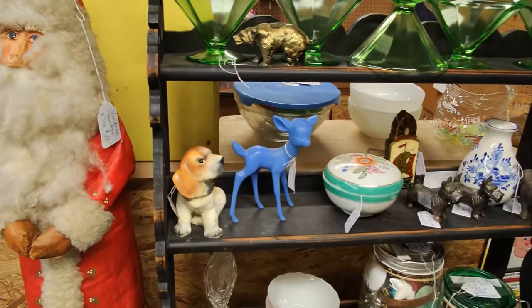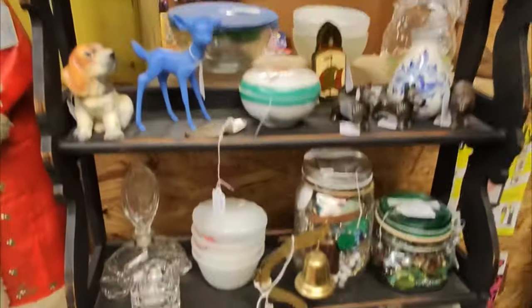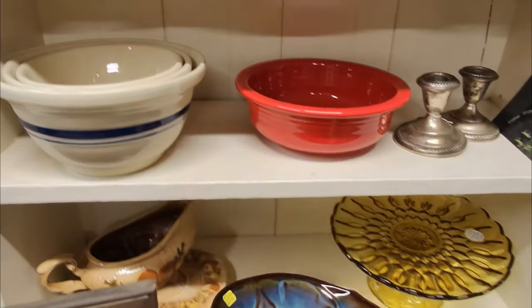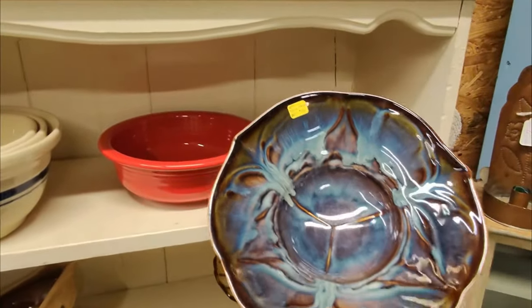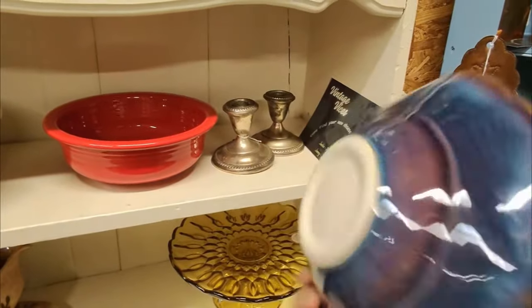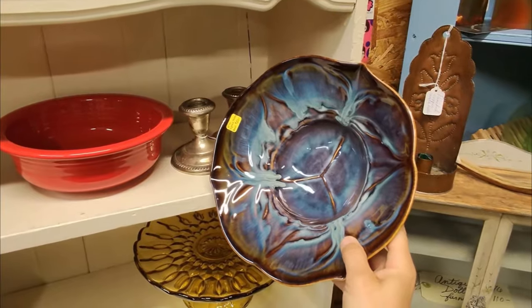There's some uranium glass up there. Don't worry, I put it back. There it is. There were these jewelry jars that I had to look at, some mixing bowls down here, and then I'm like, oh my god, that's a Bill Campbell. So I picked it up and turned it over. Sure enough, it was signed Campbell, and they had it for $20, and I'm like, that's a really good price